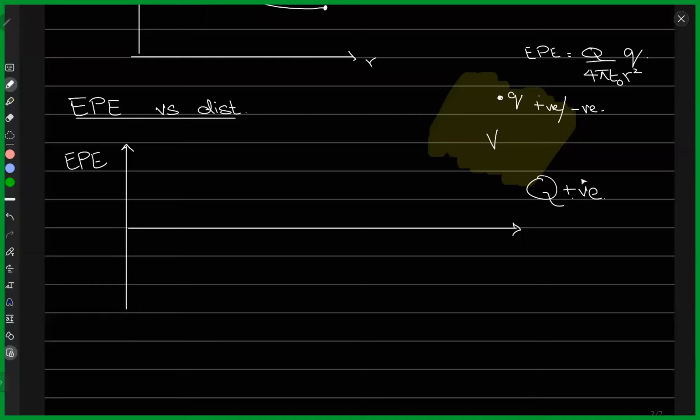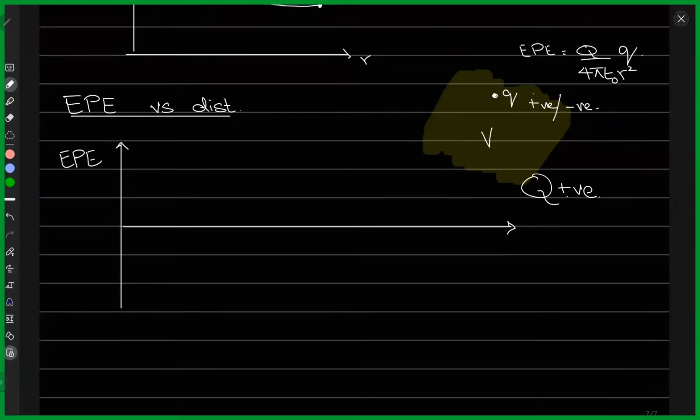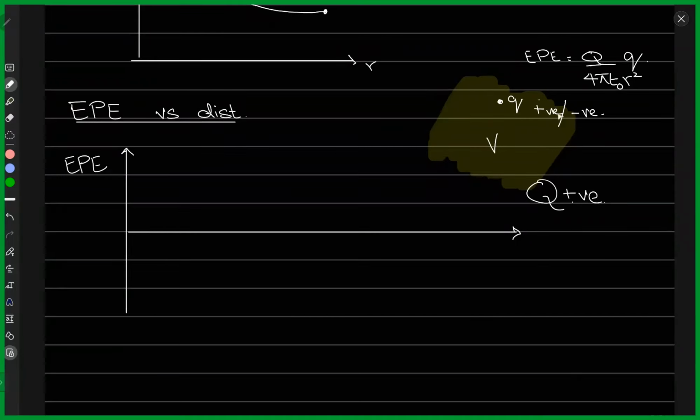So essentially two positive charges are coming closer together. When that happens, this small q, which is positive, would start gaining energy as it comes closer and closer